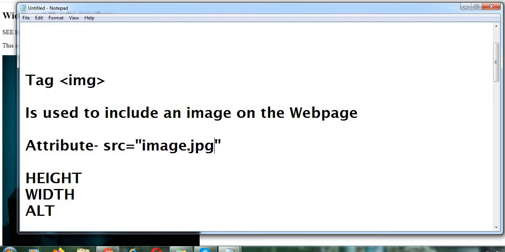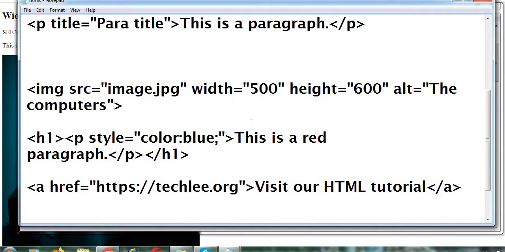With the alt attribute you can define an alternate text for the image in case somehow the image is not loaded. Maybe you gave a link for the image and that is not loading, then the alt text will appear instead of the image. So let's see it in the code, working on the website.